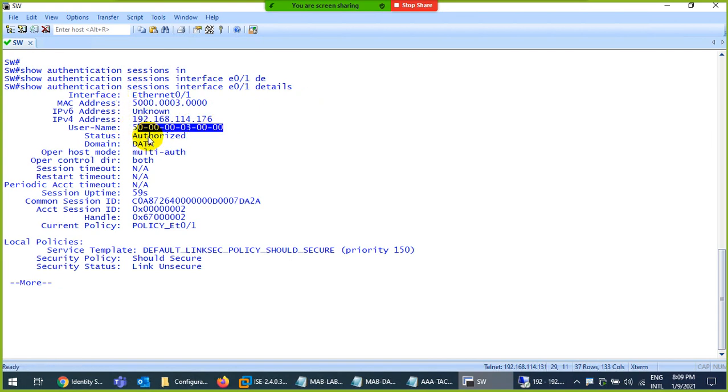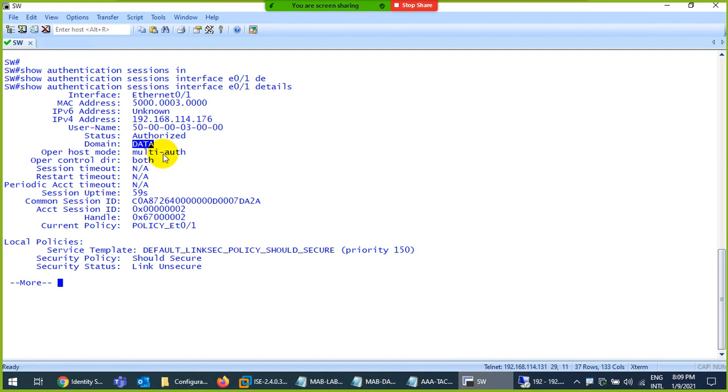I told you that MAB means your authentication, you are using MAC address as a username and password, not username and the real password, that was .1x. So that's why they mention MAC address as a username. Status is authorized. Yesterday I told you, when everything is okay, they will make them authorized, because this MAC address is there in database. I will remove it and show you. And also I will change the MAC address in PC and will check.